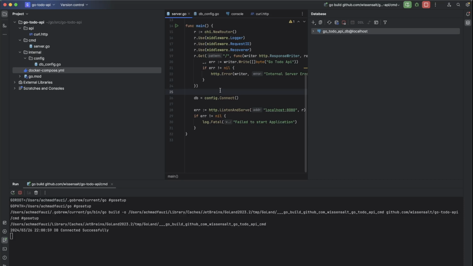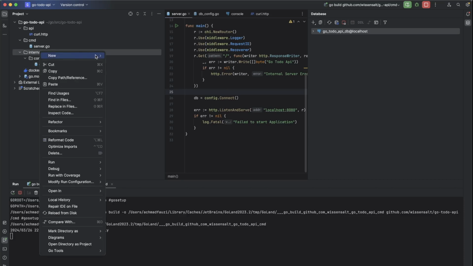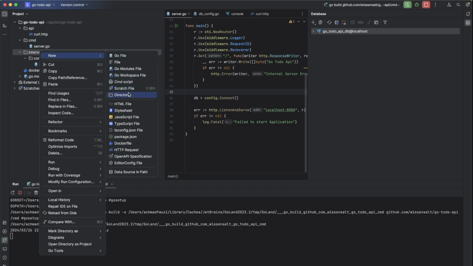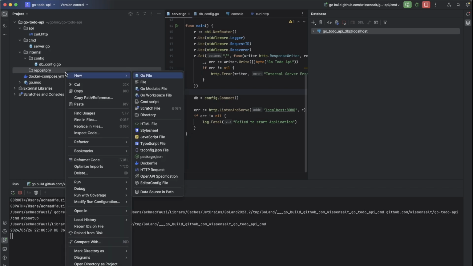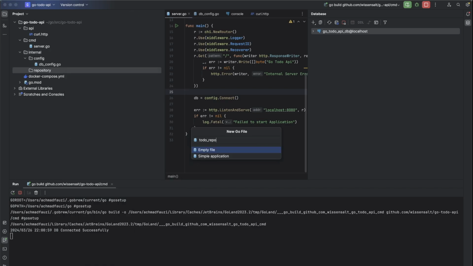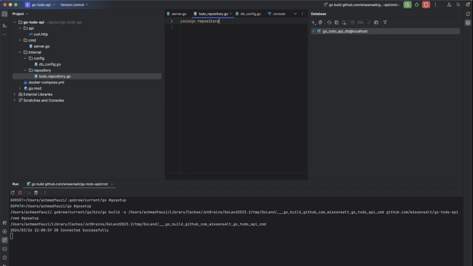After we already connect to the database, now we will create the repository for handling the query. We will create a new directory which is called repository, say todo repository. Our todo repository will contain its model and also the handler.